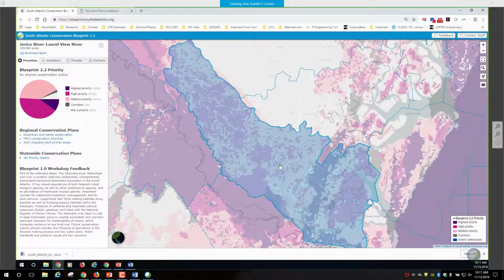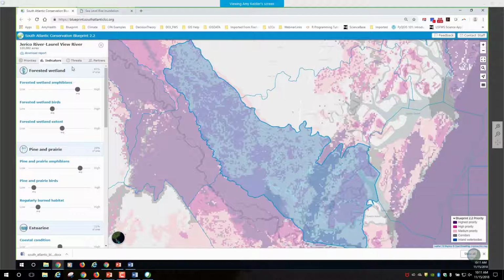But I want to know why this is such a high priority. What's going on in the subwatershed that makes me want to work there? So I'm going to click on the Indicators tab. Now, the first thing I notice when I click on the Indicators tab is that I see my broad ecosystem